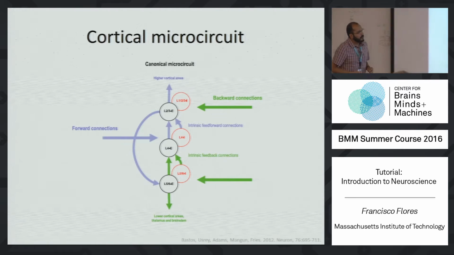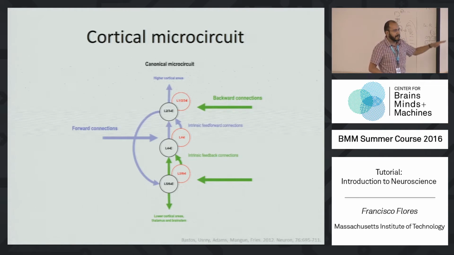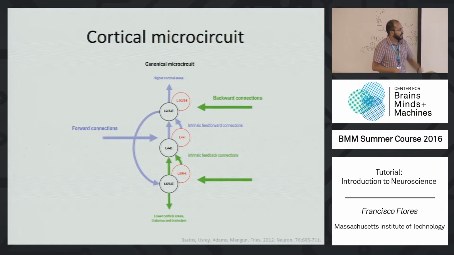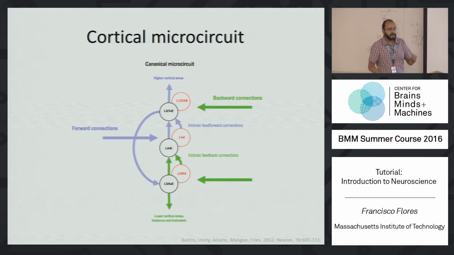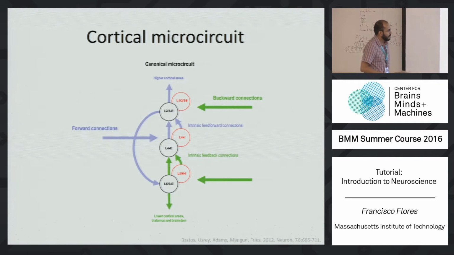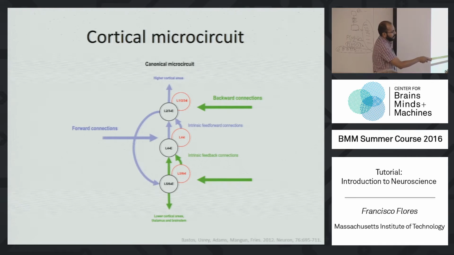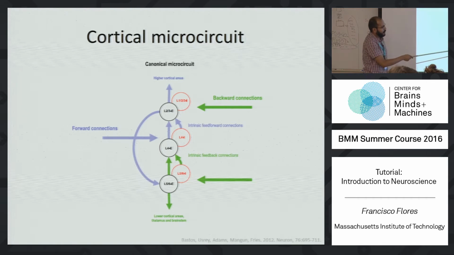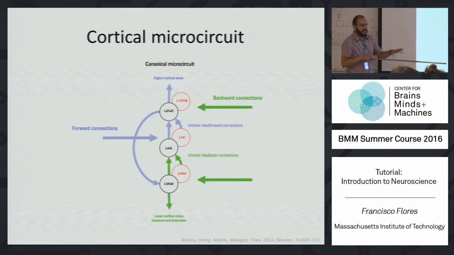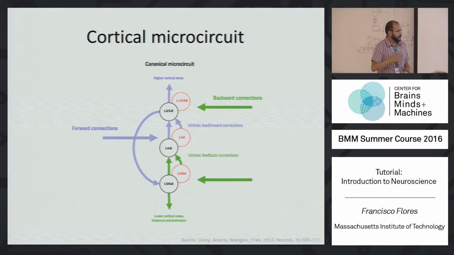Now this results in what is called the cortical microcircuit, which is a canonical form of how the cortex neurons are arranged. And this is repeated, as I showed before, in motor cortex, visual cortex, prefrontal cortex. They all have the same basic arrangement where you have different layers. The black guys here are excitatory neurons, which have long-range projections within layers and outside the cortex also. The red guys are the inhibitory neurons, which are typically more local. Within the cortex, there are no long-range inhibitory projections.